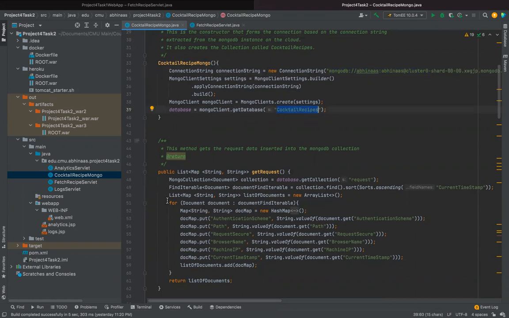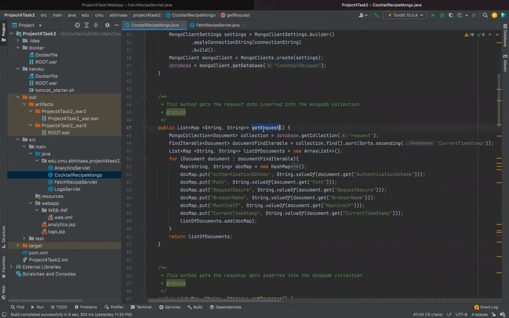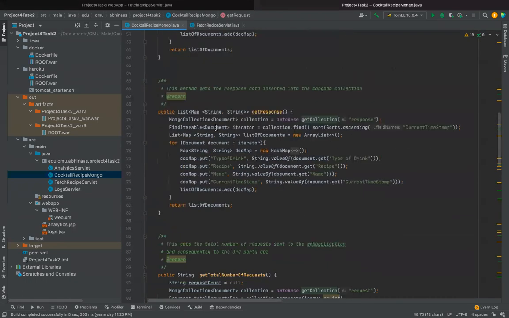It has multiple methods like get request, which gets the different details like authentication scheme, path, browser name, machine IP, and other such information for every document in the request collection. Similarly, the get response does the same thing, but for the response collection, and helps us get